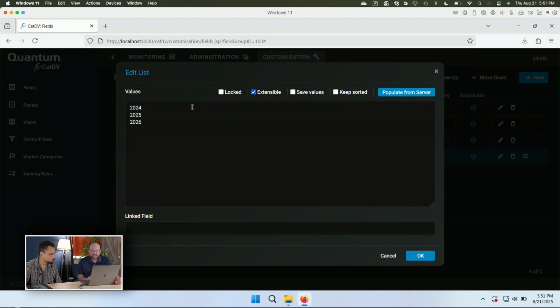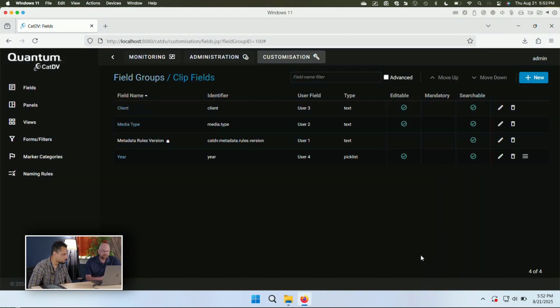Okay. And then populate from server. So once I have this saved, I could delete all of this. And let's say I had some tag 2024, 2025, 2026. It will just pull in any of the tags from the server, from the database, pull them all in and populate them here. So in this case, you add a client information, but you didn't save that value for other people. You could populate from server and pull that in. Oh wow, that's awesome. That's really flexible. Yeah. So this is the pick list, which is a great option for how you can handle metadata.